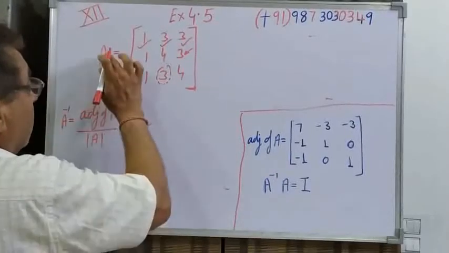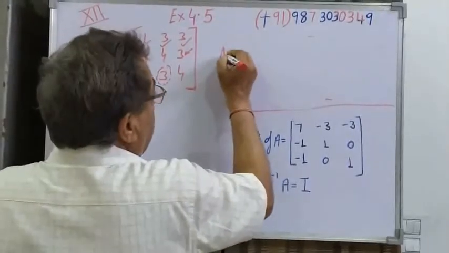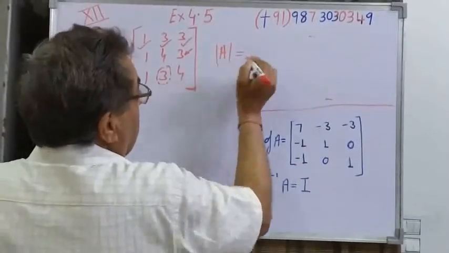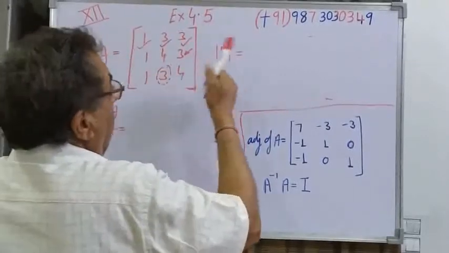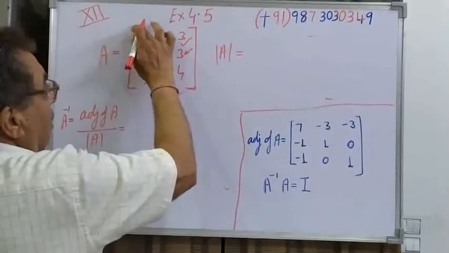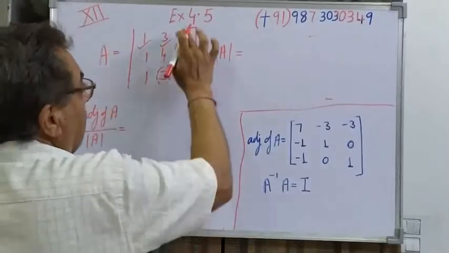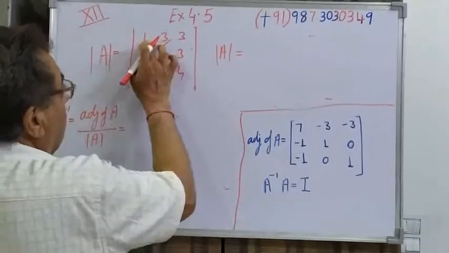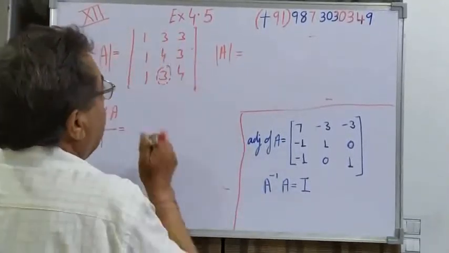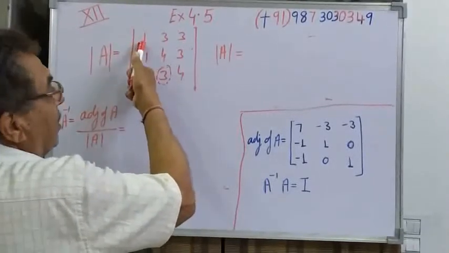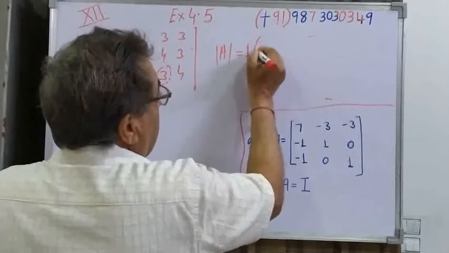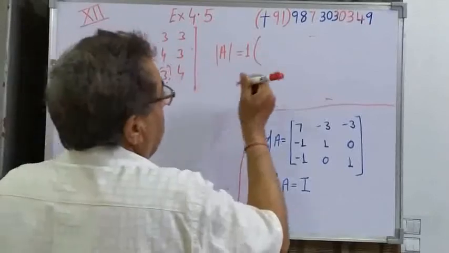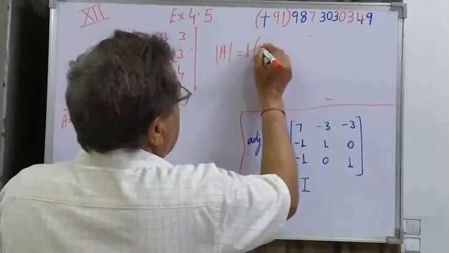Now what is the determinant of A? Matrix we have. Let us make it a determinant of A, or you write down determinant of A. Just change the signs. This becomes determinant of A, and its value will be obtained by evaluating the determinant. How do we evaluate? We have done it in the previous exercises. First element written as such, then hiding this column, this row. 4 4 is 16 minus 9. 16 minus 9, we get the 7.